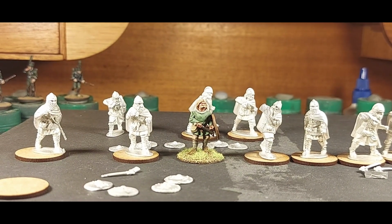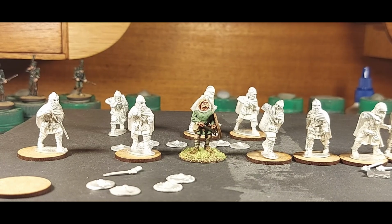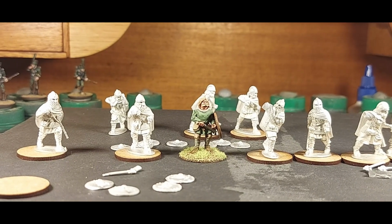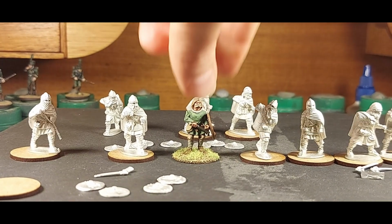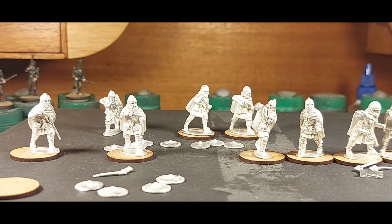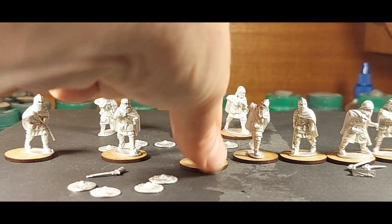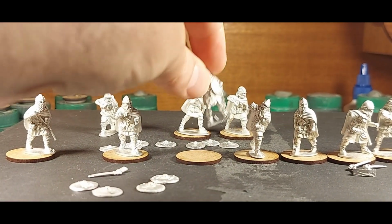They have quite a few Dark Age miniatures if you can get hold of them. They can be a bit hard to order from. But yeah, the old Black Tree ones, good fit. Now these might not fit, but they kind of don't fit with many other people's, maybe some older ranges, but